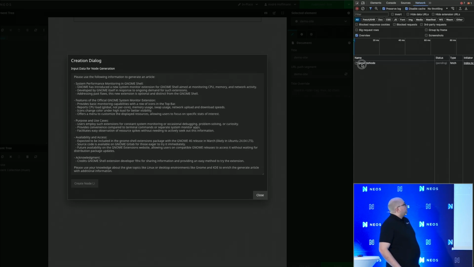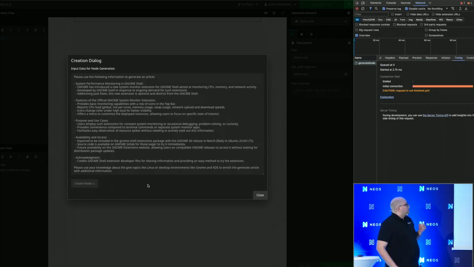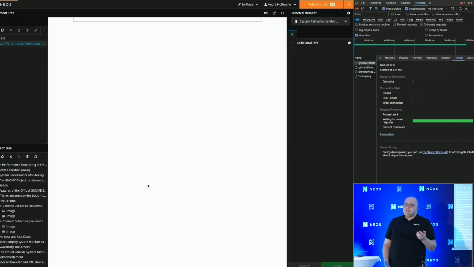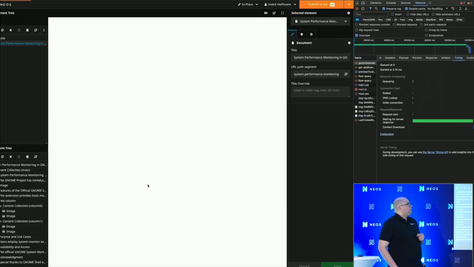Here I have the user input. My idea was that the user input could be some kind of bullet point list, because an editor in the first step of generating an article in Neos would mainly generate some kind of ideas and write them down as bullet points.